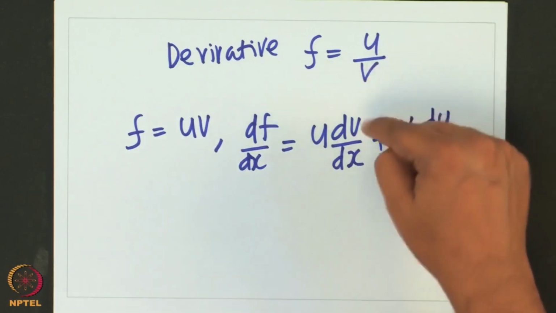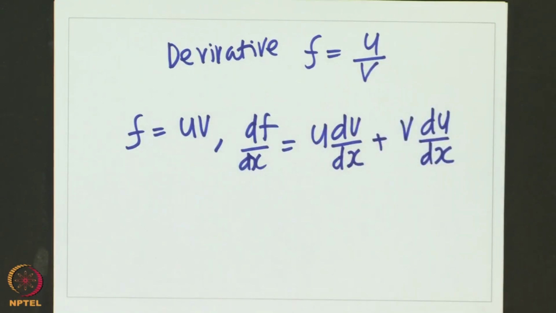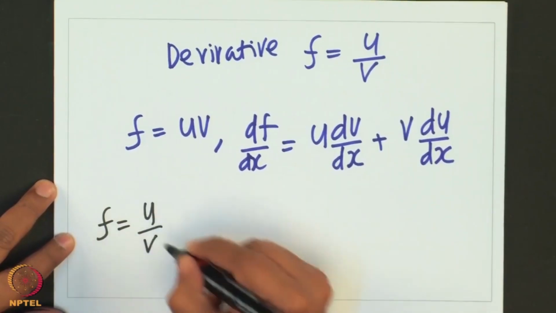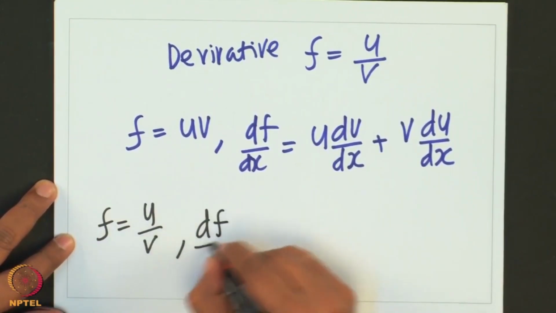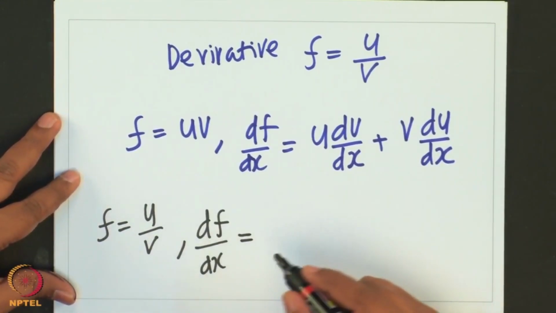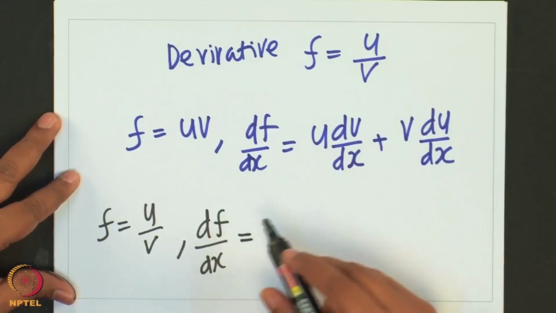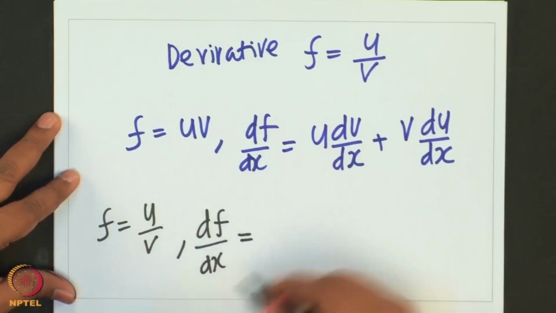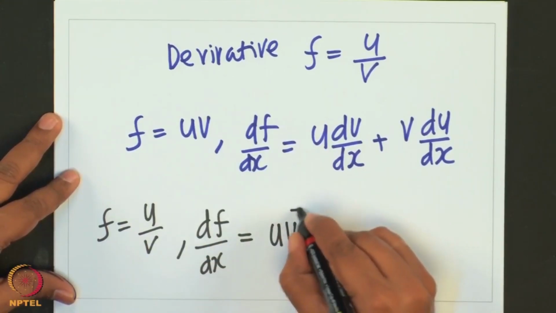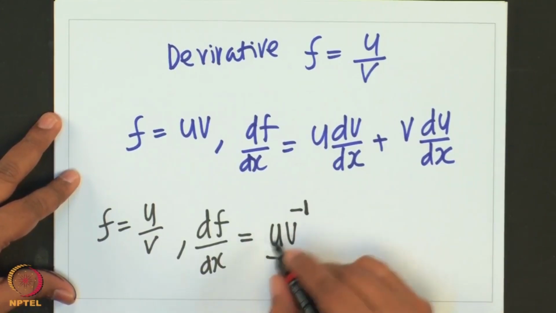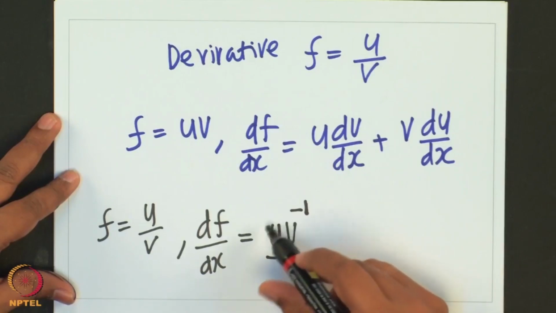Sometimes you would have a function which is a ratio of two functions. If f is u by v, and you want to calculate df by dx, how will we do that? The idea here is, I do not have to learn anything new. If you know this, you can use the same thing, because u by v I can write as u v power minus 1. Then this became a product of two terms, and if you have a product of two terms,